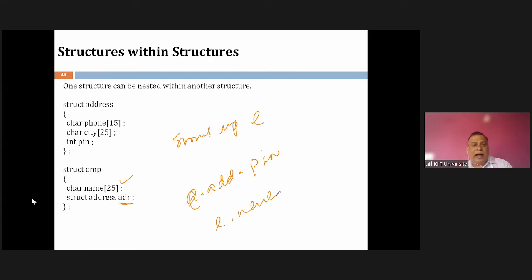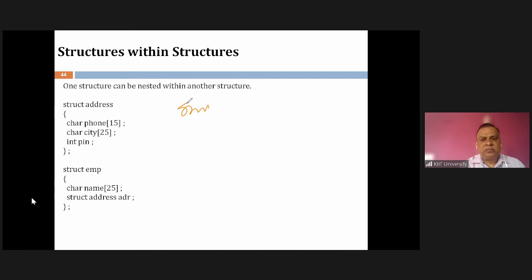Suppose I want to store the date of birth inside this. I could declare another structure, date of birth, declaring int D, int month, int year. Yes or no?